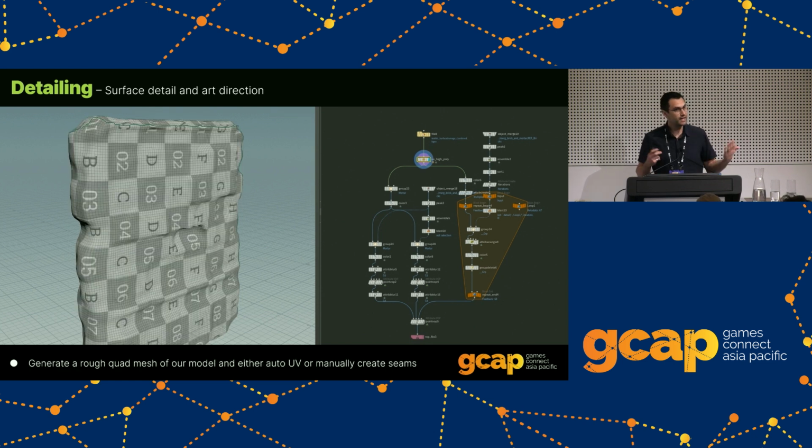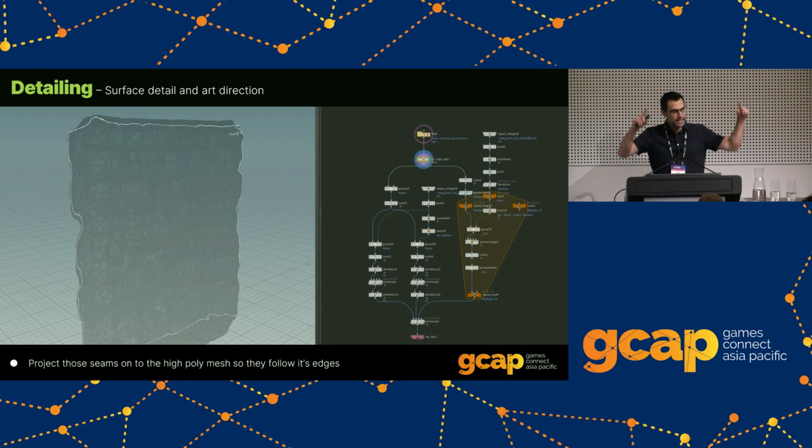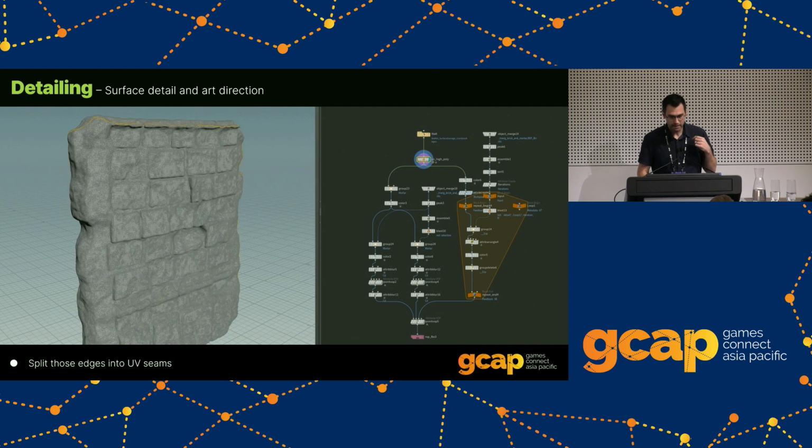So first thing I do is make a really coarse quad remesh of it. We want quads because you want nice straight lines. If it's going to move, you don't want none of this nonsense, okay? And then we take the seam of that, turn this UV seam in, split those polygons and turn it into a curve, okay? Then